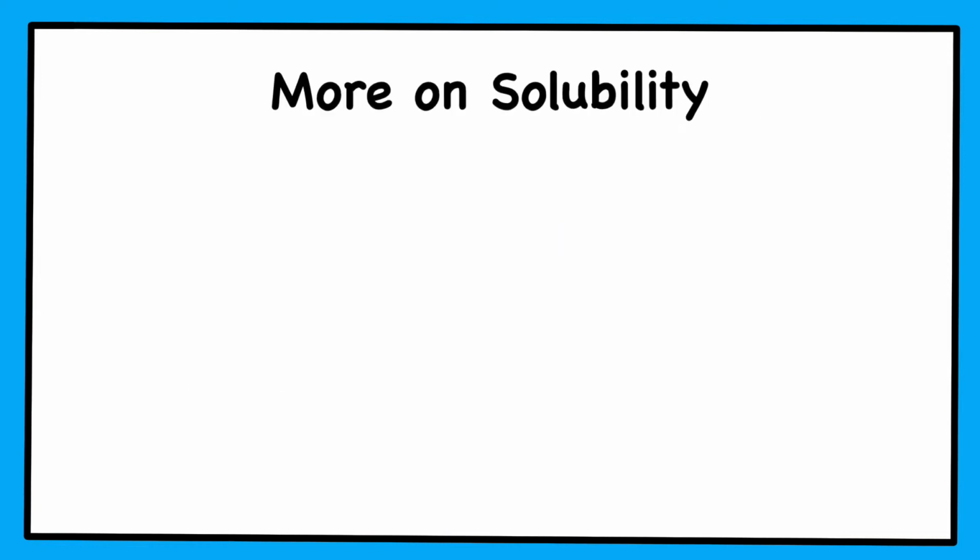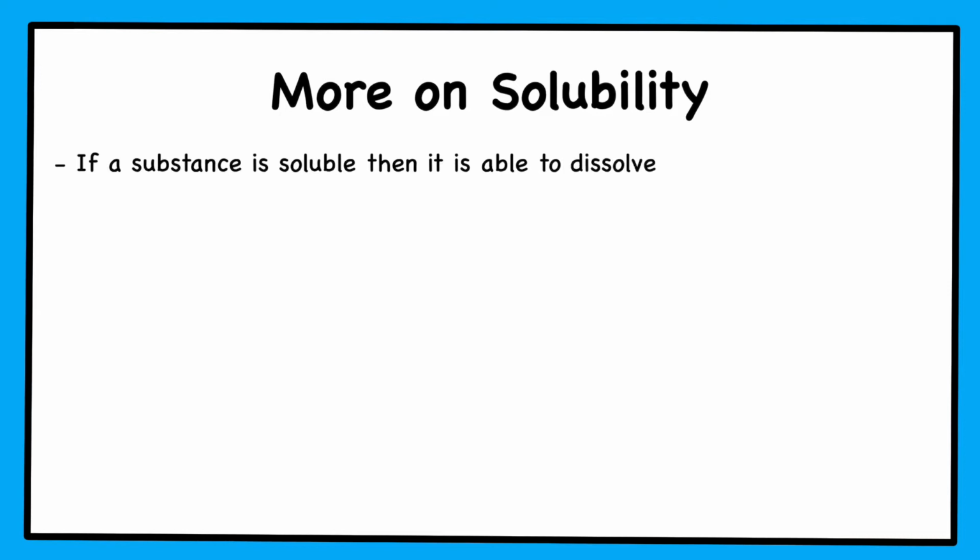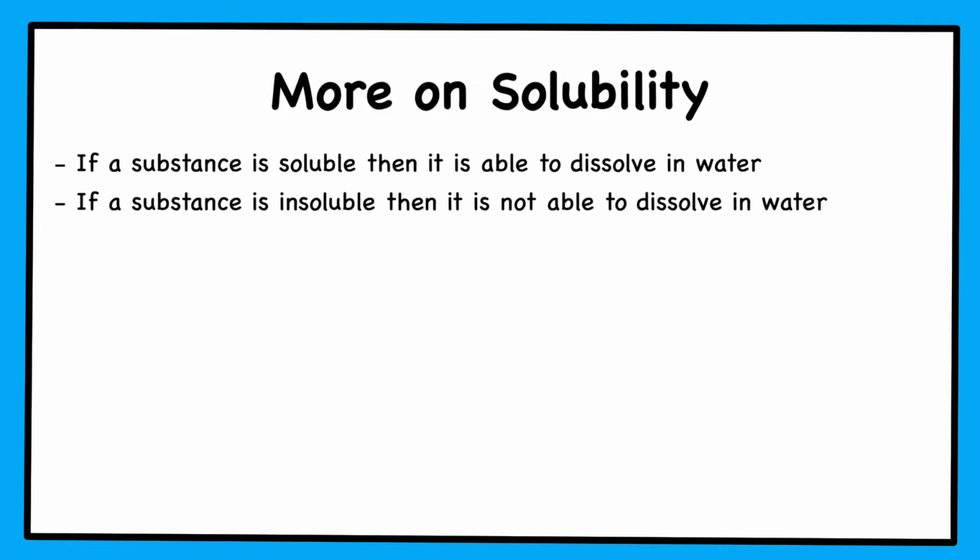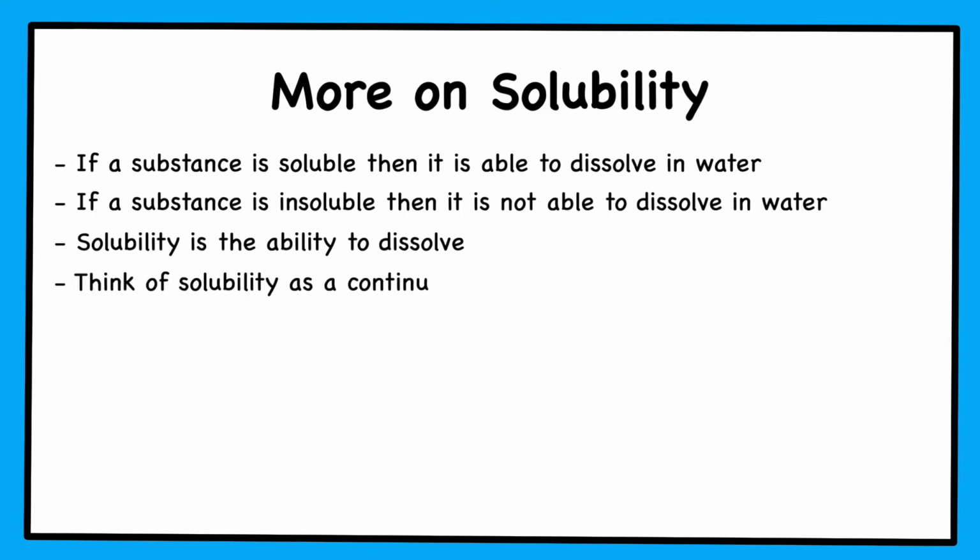In our past lectures, if a compound can dissolve in water, then it is considered soluble, while if it does not dissolve in water, it is considered insoluble. So we have said that solubility is the ability for a substance to dissolve. The solubility of a substance is not as concrete as a substance can or cannot dissolve in water. In reality, solubility can be thought of more as a continuum. Even insoluble compounds can have, to some extent, dissolved portions. It might be negligible in comparison to more soluble compounds, but we still have some parts that